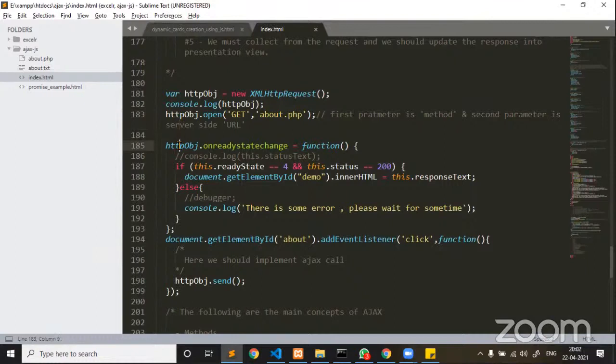Next, line number 185. Sending a request is our responsibility, and expecting the response and collecting the response is also our responsibility. Now, to check whether the request is processed properly, or what the state of that request is, onReadyState is a predefined method, equal to an anonymous function. This function allows the developer to handle the request being placed from client side to a server.